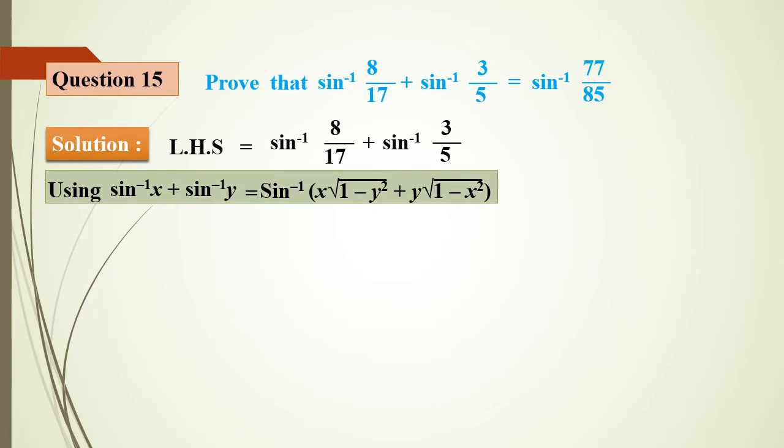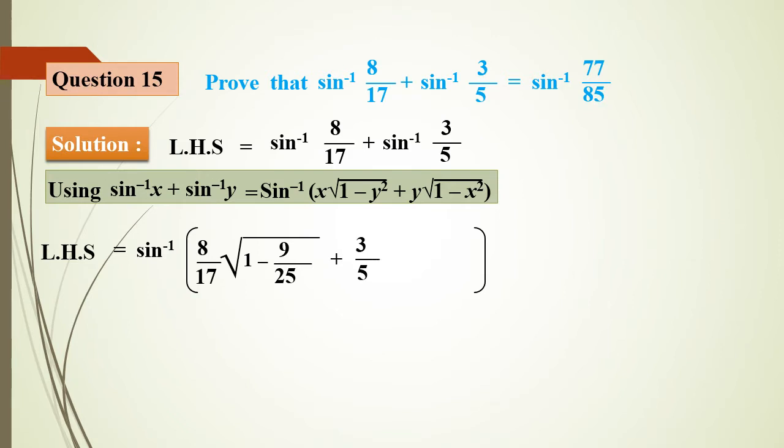Now in the given left hand side term, x is 8 by 17 and y is 3 by 5. These are the two angles. Wherever x and y are there in the standard properties of inverse trigonometric functions, you just substitute and simplify, so that you will get the right hand side result that is required. Now LHS, with the continuation of sine inverse: x is 8 by 17, next root of 1 minus 9 by